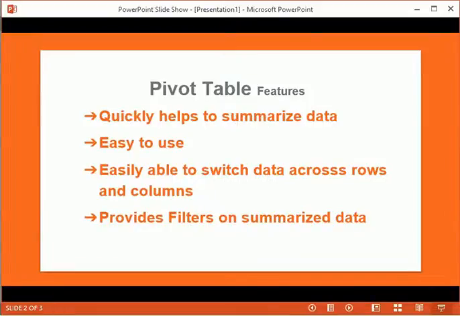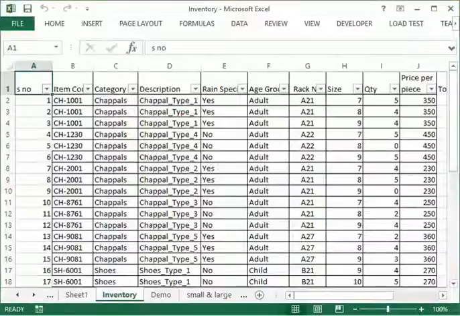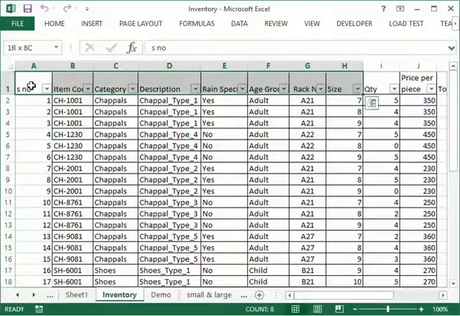So let's look at an example of a pivot table now. As you can see, we have an inventory sheet with various items arranged on particular racks, and on each rack, for different sizes, I have different quantities. What I want to achieve is, for each rack number, the total quantity that is there. So the first thing I'm going to do is select the